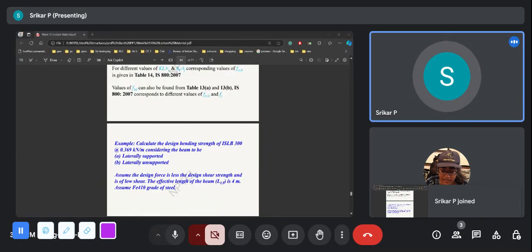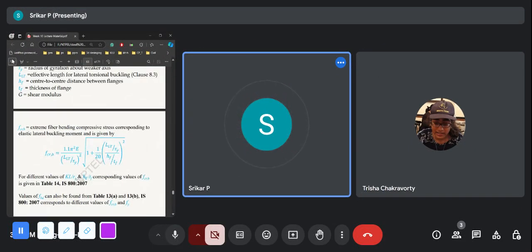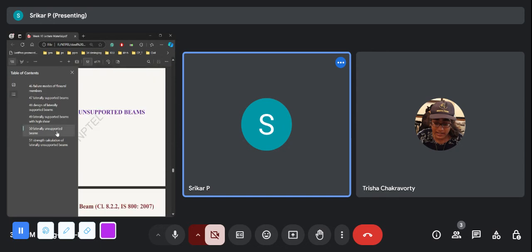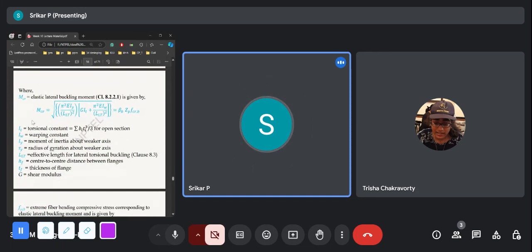Can you see the screen, ma'am? Yes. Okay, ma'am, I'll just browse through the question. See, actually, this procedure can be bypassed using tables 13 and 14, but since these were involved and these particular terms, like here Ti and particularly these torsional constants and warping constants, I mean, what exactly are these? Like Iy, I can imagine, but these two are new to me.